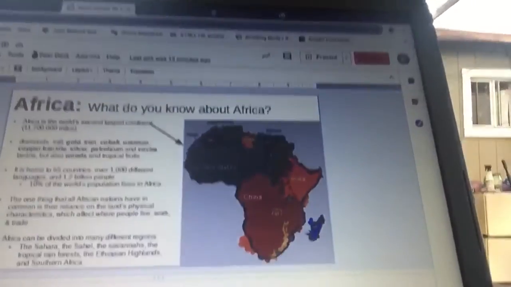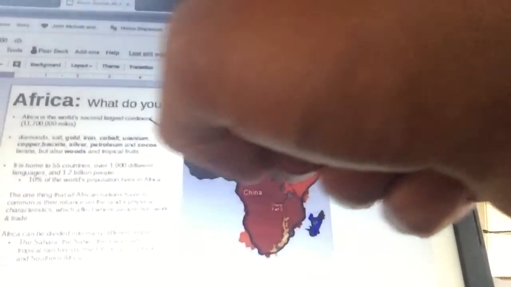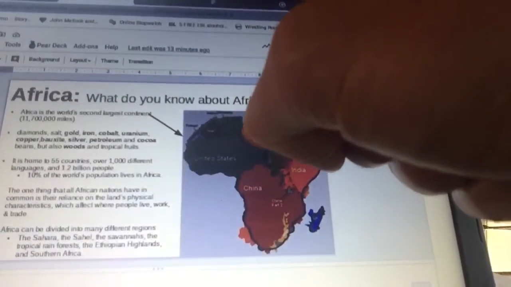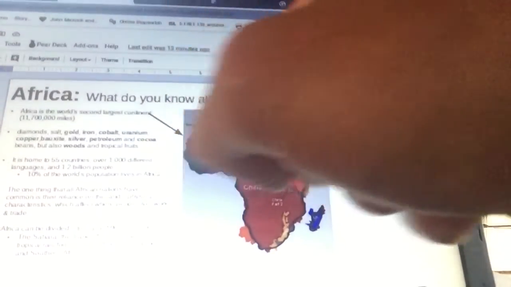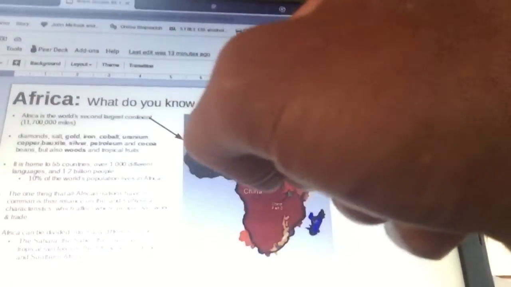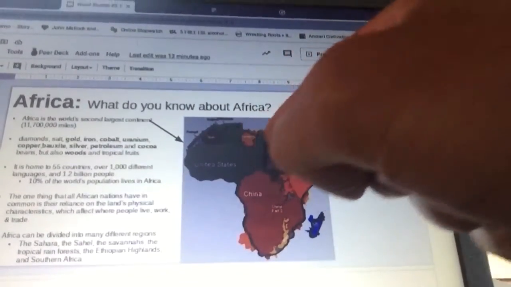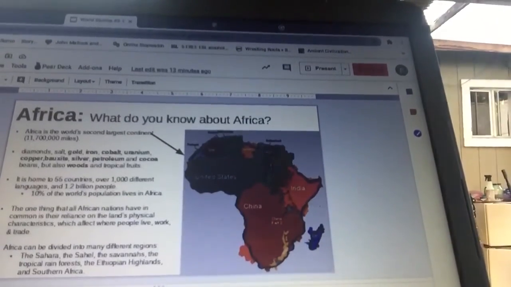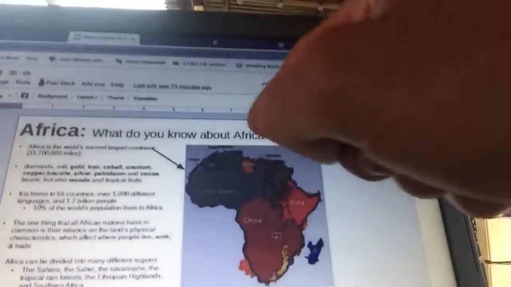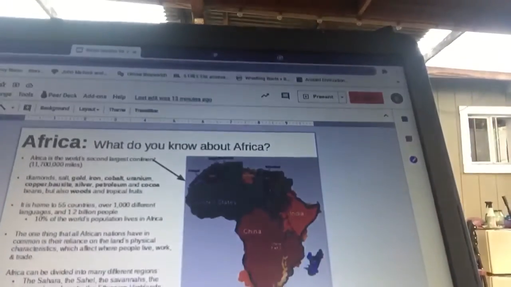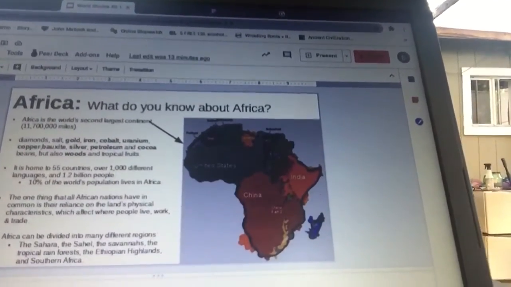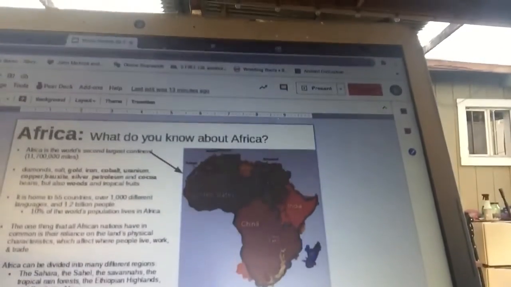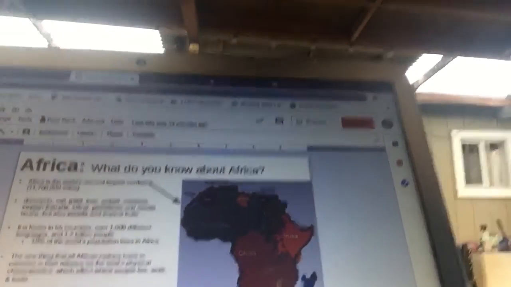If you ever traveled the United States, the East Coast is very different than the West Coast. And if you travel from, say, West Africa to East Africa, you're not only traveling across the distance of the United States, but almost a whole other United States, especially to get to the Horn of Africa. So very diverse areas, from north to south, east to west, lots of different peoples, lots of different cultures, and something that you really don't see in too many other parts of the earth.